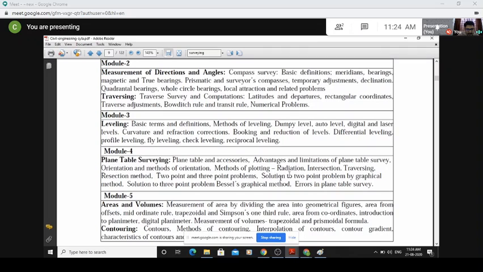And not only area, you are supposed to measure even the volumes. Volumes are generally required in places of construction where dams are being constructed, or for the construction of roads. Imagine if I have to construct a road, then definitely the road is constructed at some height from the natural ground, and the formation or the top surface of the road has to be kept at some height from the natural ground. Do you know why it is kept higher than the natural ground?